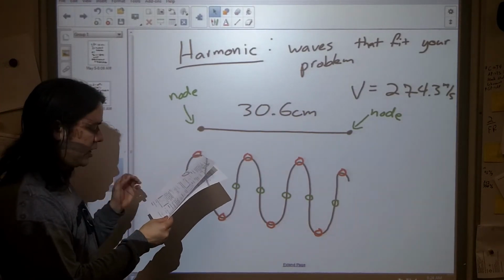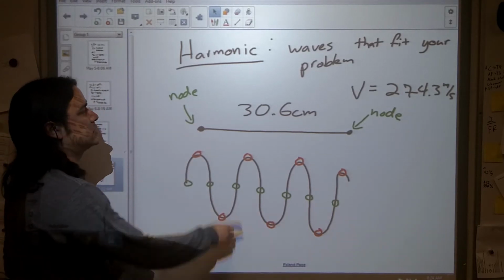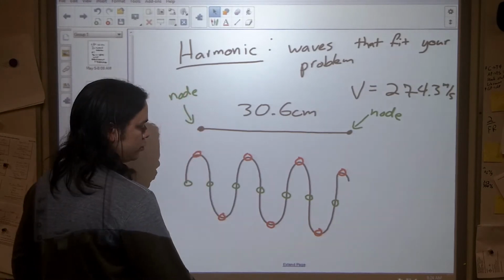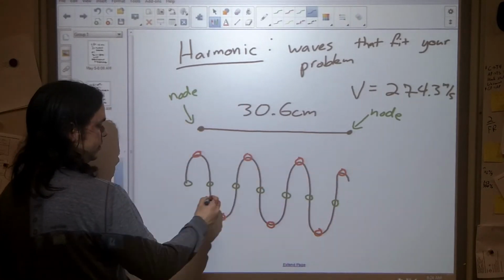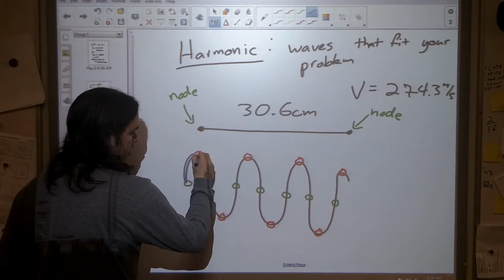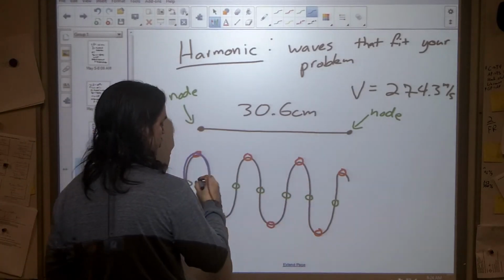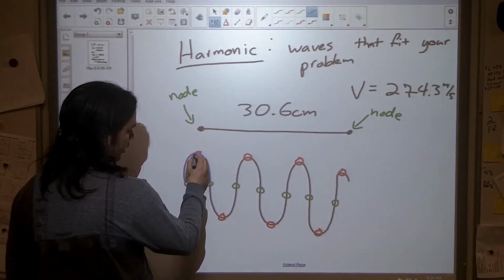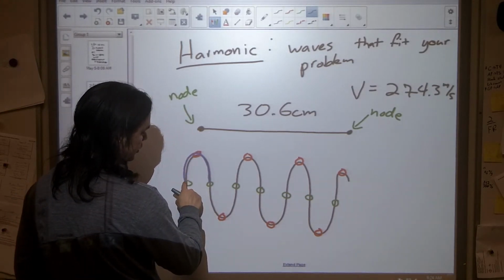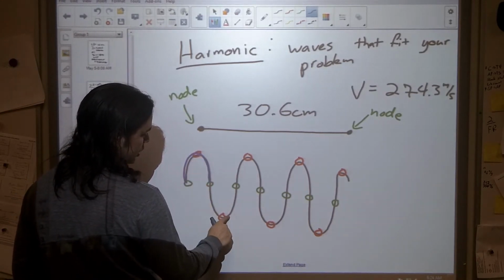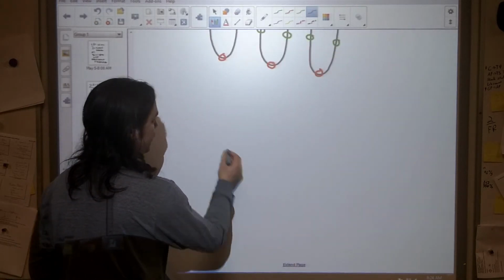The first question is to find the first harmonic of this note. Basically what they want is the frequency that corresponds to the first wave that is going to fit in there. Well, we've got a node to a node. So I take my marker, I'm going to start on a node, and I'm going to draw the first wave or part of a wave that fits from a node to a node. I have 2 sections. So let's find out how much of a wave I have. Well, one complete wave is 1, 2, 3, 4 sections. I only have 2,